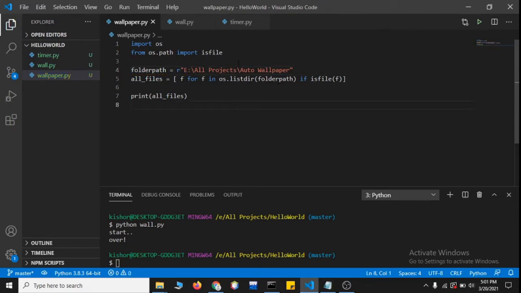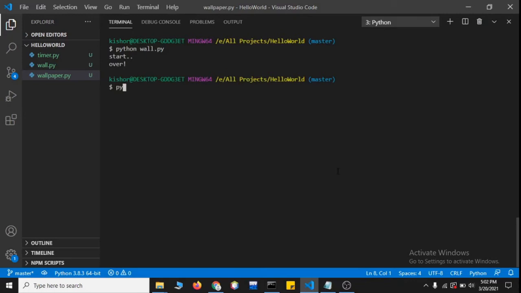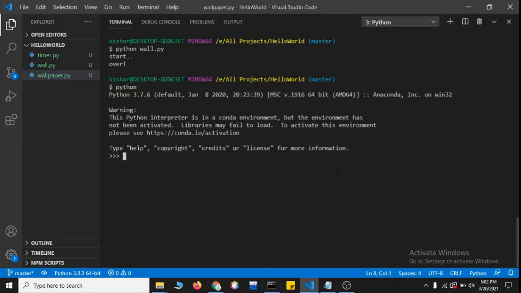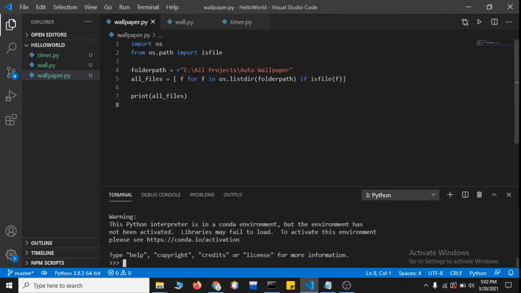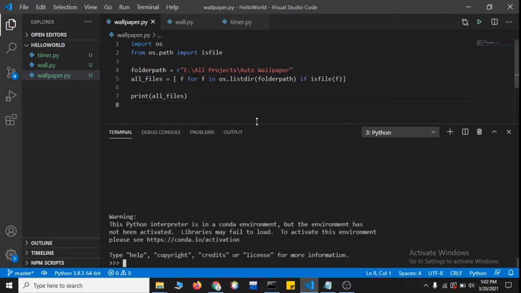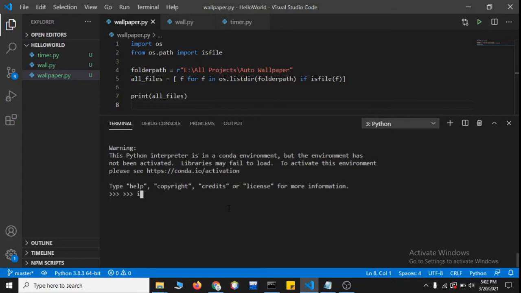Now this is our folder path in which our images are, and we are going to select all files from this. So what is the syntax for this? I'll show you once by going into Python. This is the correct way: if you want to test anything before writing it in code, you can use this interpreter to check whether your commands are running well or not. So yeah, we are going to import os, so we are going to use import os.